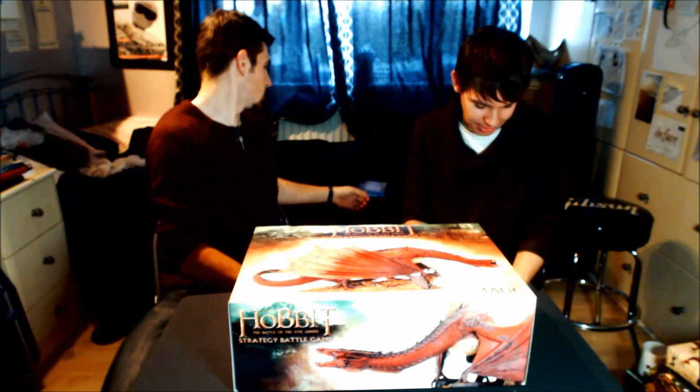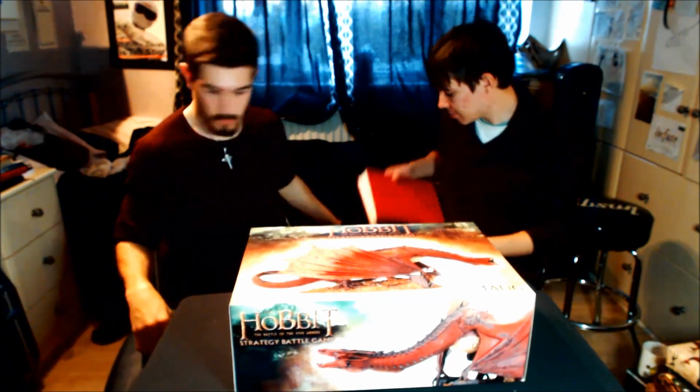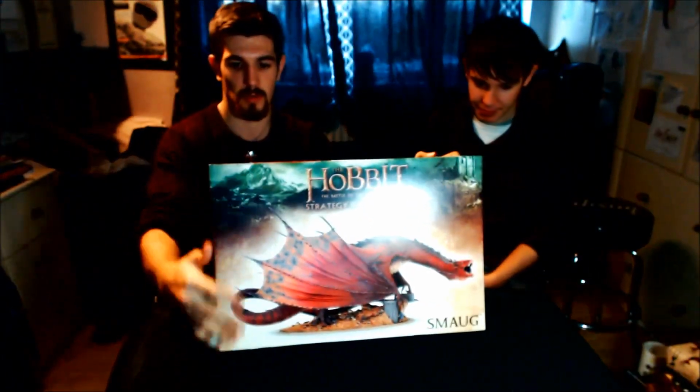I'd agree with that. So, guys, let's have a look at the box size. This is the fellow himself. It's the same as, if you get the big boxes from Games Workshop, you get that sort of rectangle shape. That's the same, but obviously it's quite a bit taller because of what's inside. And this is interesting because this is,